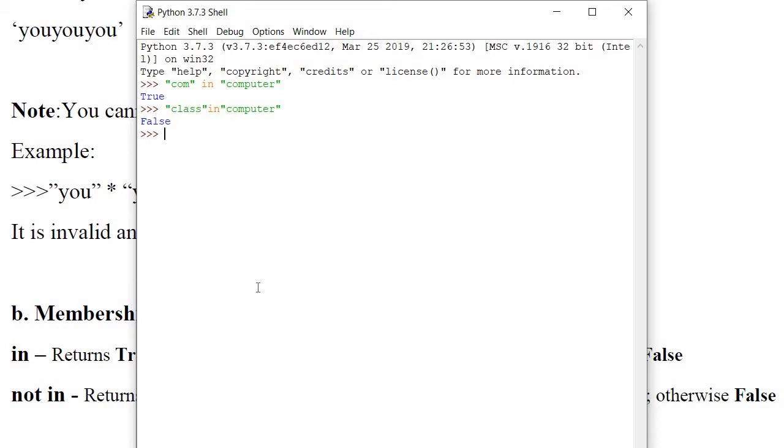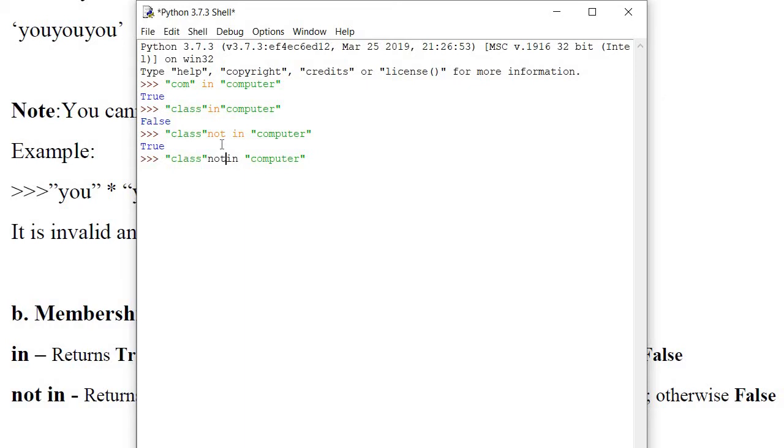Now we will see the not in operator also. If I write class not in computer, it says true. Now the same thing I will write without a space in not in. See here, if I am not providing a space, it will throw an error.